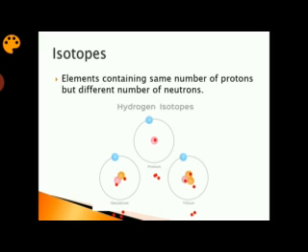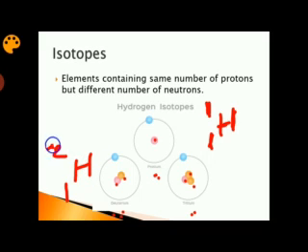in the hydrogen nucleus. So if you write the atomic notation or nuclear symbol of these three isotopes, the protium will be 1H1, right? Here 1 represents the number of protons, H represents the chemical symbol for hydrogen, and the 1 is the sum of the number of protons and neutrons. And a deuterium can be written as 1H2. How does 2 come here? 2 is the sum of the number of protons and neutrons in the nucleus.